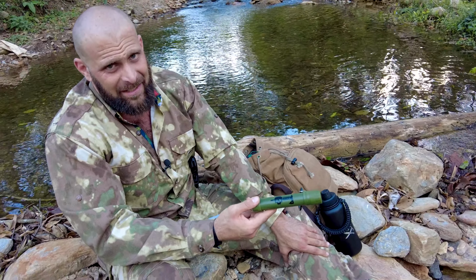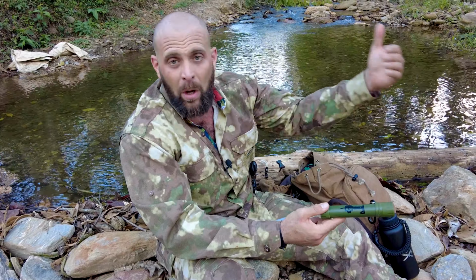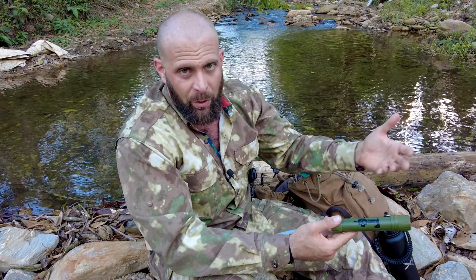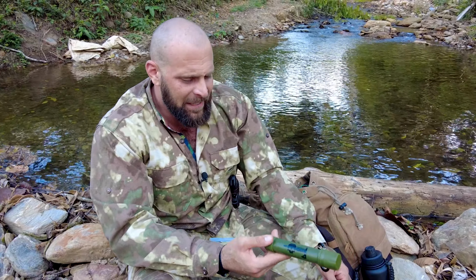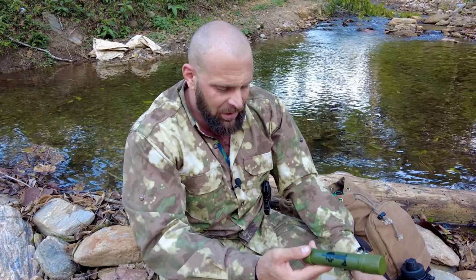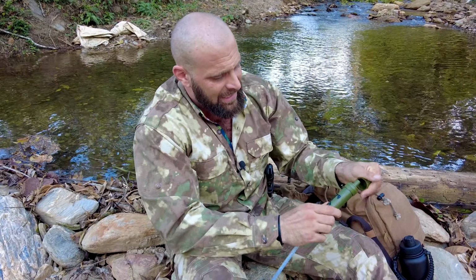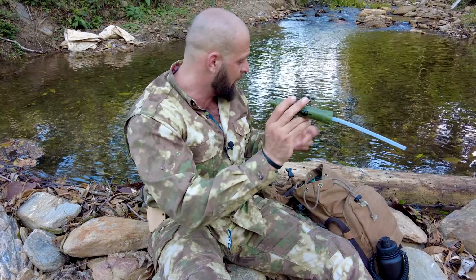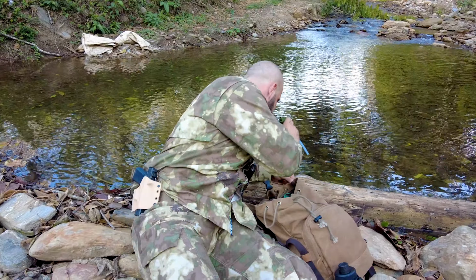Really, the huge chances in whatever the survival situation, you're going to want to be moving and putting miles between you and whatever disaster occurred or whatever has you in a survival or bug out situation. That being said, this survival straw, literally, you just put it in the water and drink. So I can so easily, I'll show you here, the obvious and easiest way is to